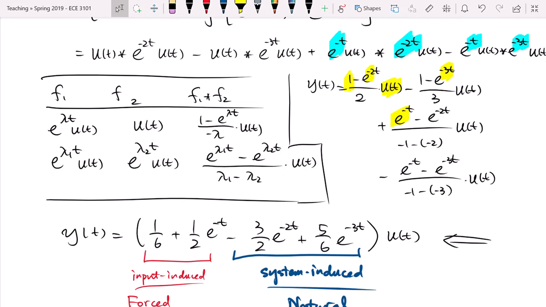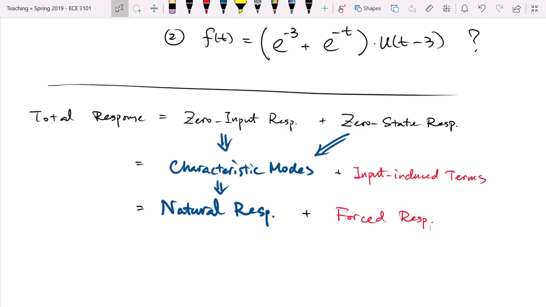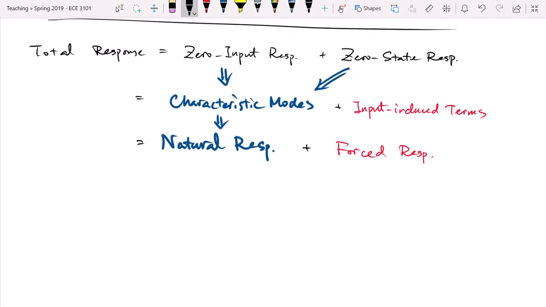In the convolution, right, in the convolution table, all the signals will have this u of t. That means the system is causal. H of t will have the u of t built in. It also means the input we consider will have u of t, or the input will appear only after t equals 0. And this is natural because t equals 0 is usually viewed as the point you start your observation. But there are other cases where you may have